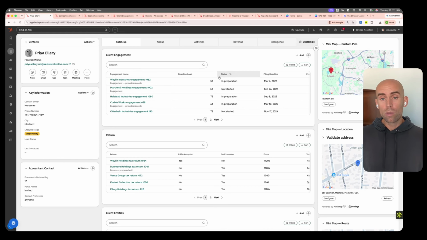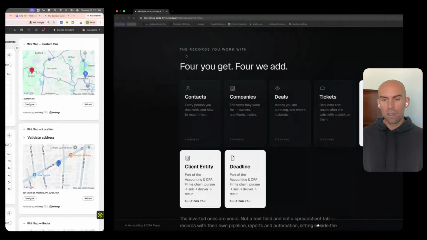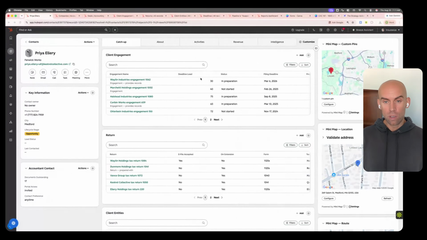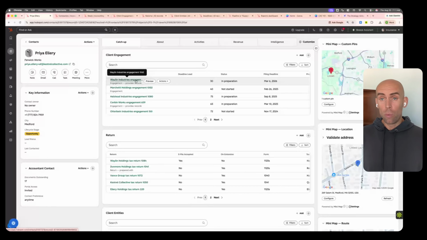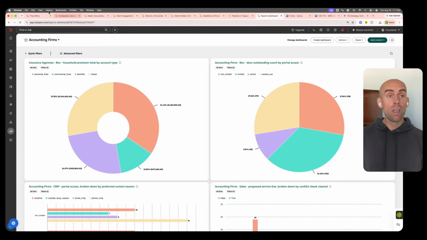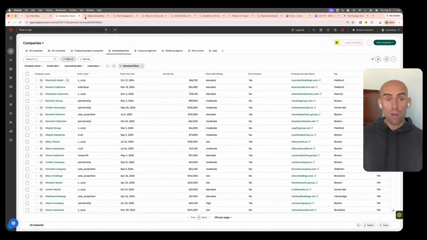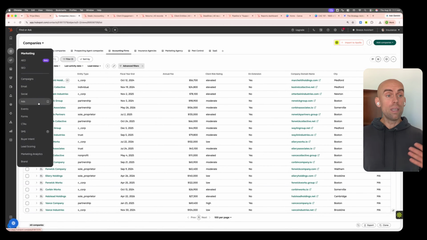Thing is, we've worked with a bunch of CPAs before, and we've found that this object model, this custom object model, is the object model that actually works. Okay. And so we've built 90% of this. We've built the workflows, we've built the automations, we've built the processes, we've built the dashboards. We've built this object model out with all the custom properties and custom objects that you need so that we can train you on how to implement your CPA firm inside of HubSpot so that you can use and leverage